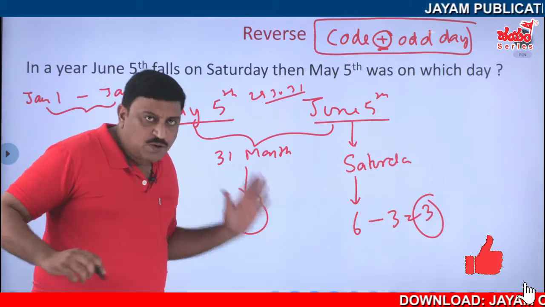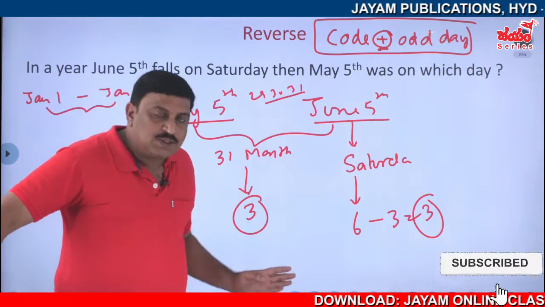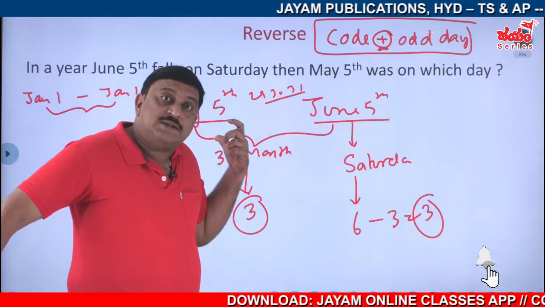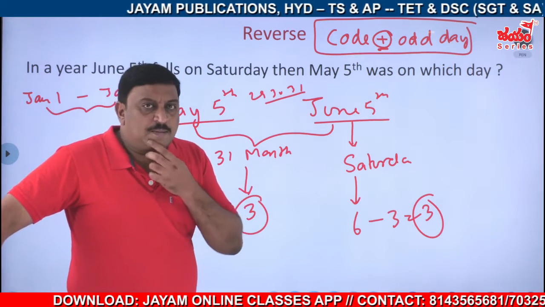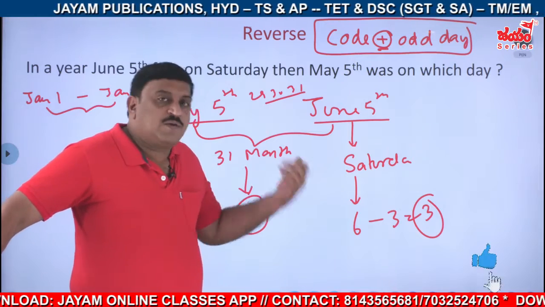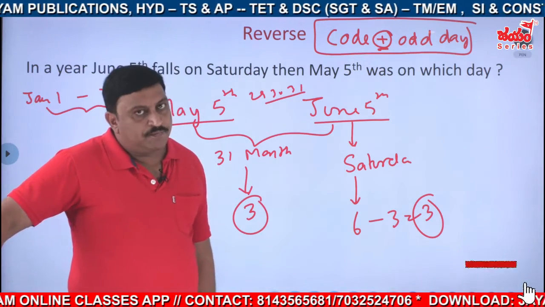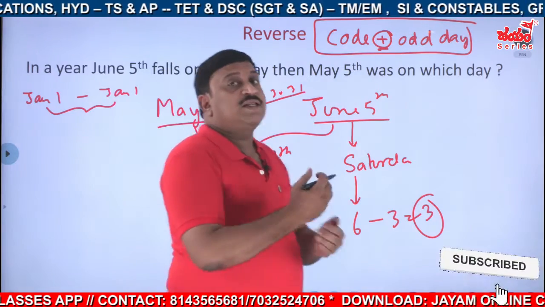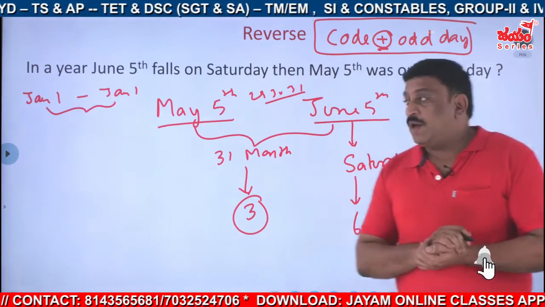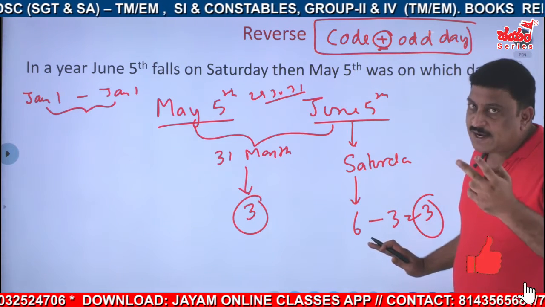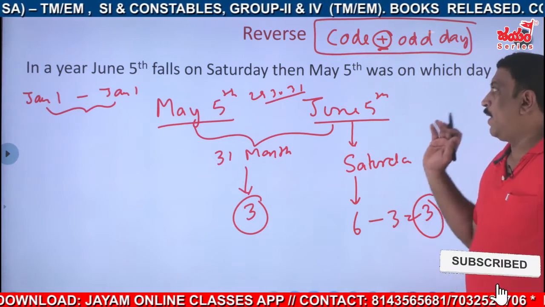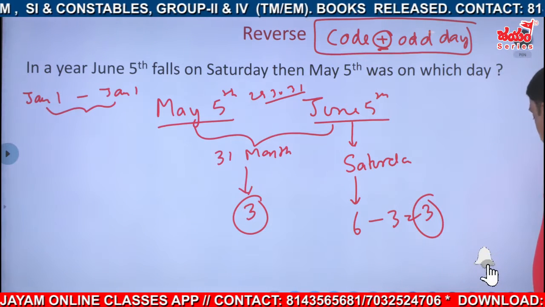See, it may be simple, but your presence of mind must be very attentive while using the shortcut, right? We have to use it, no problem. But use the basic concept. Once level 2 questions come, definitely you will try that one only, not this one. Okay. So, the next level of the question. Be ready for this one. I think you understood the procedure, everything there is. This is the second variety. Okay. The next question.